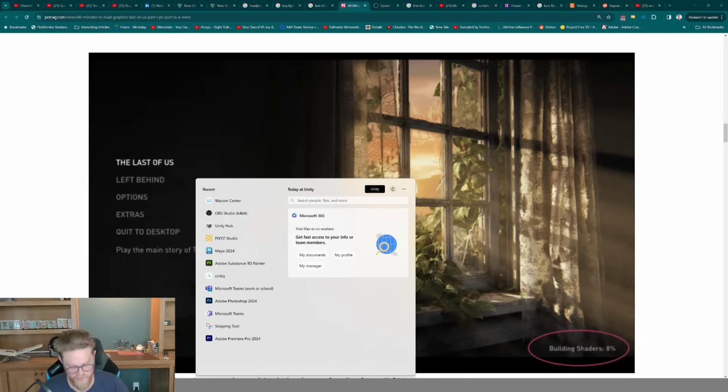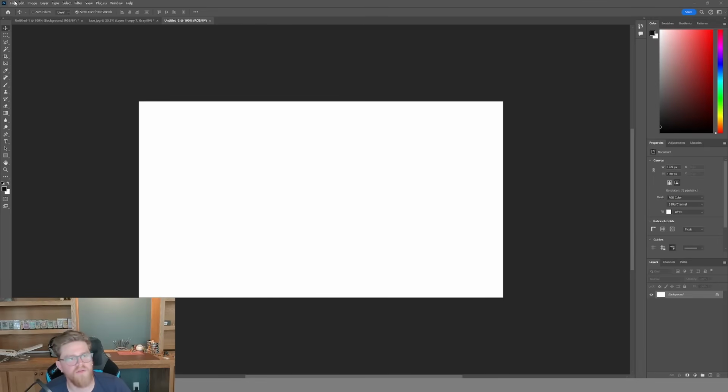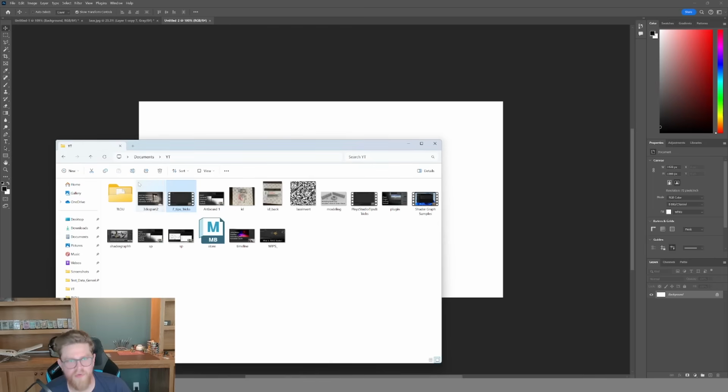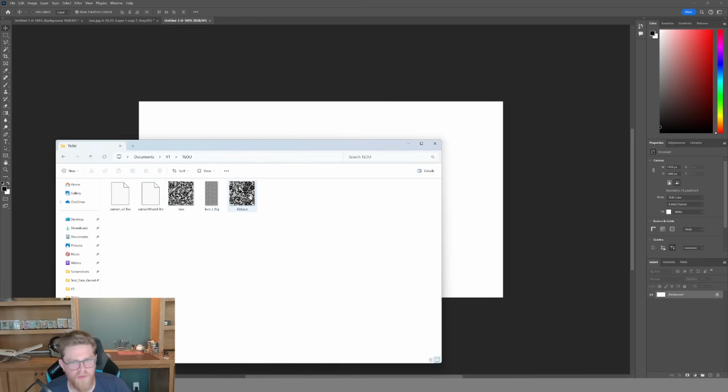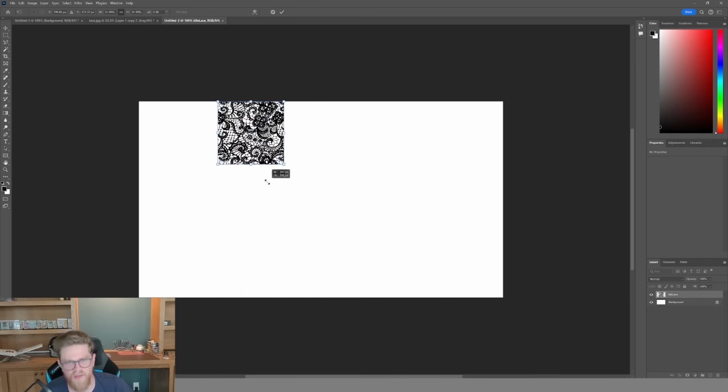And now I want to open up Substance Painter. Okay, so while Painter is launching, I want to grab a picture that I found. So here's a tiling lace material. I just found that online